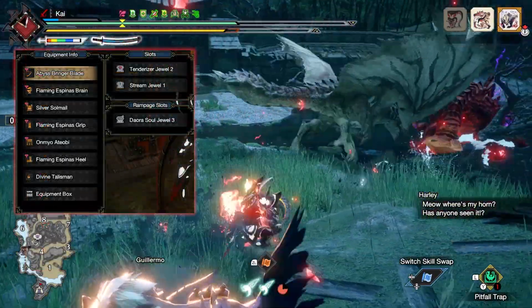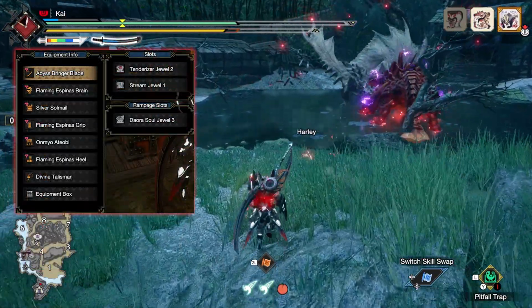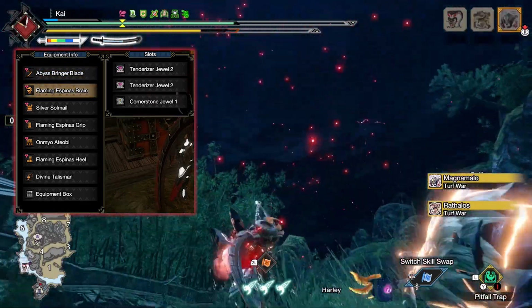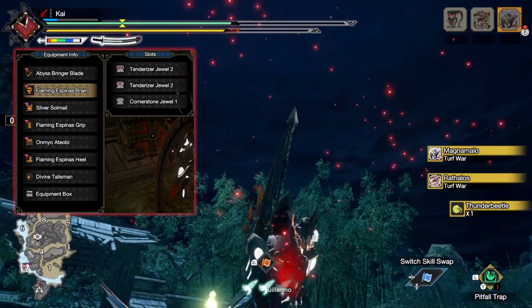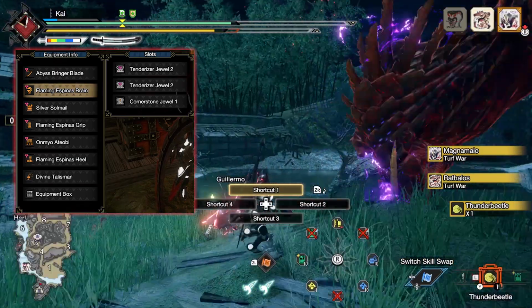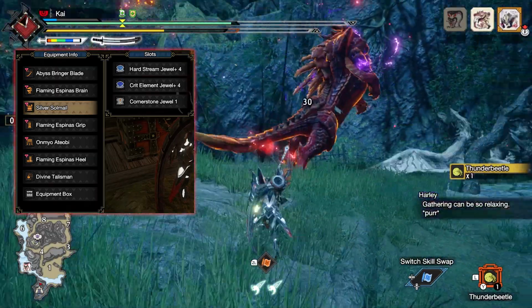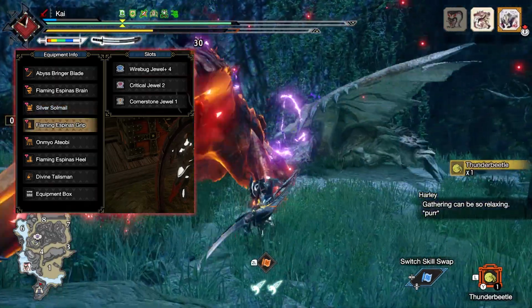Now speaking of decorations, you've got a fair few to play around with, but some of these are essential. So first of all, I've gone for Tenderizer Jewels to max out Weakness Exploit. I've then gone for Stream Jewels to max out Water Attack. Remember, if you're using a different weapon with a different element, you'd replace these Stream Jewels to match whatever new element you were using. I've then gone for Cornerstone Jewels, which are kind of optional in all honesty, which gives